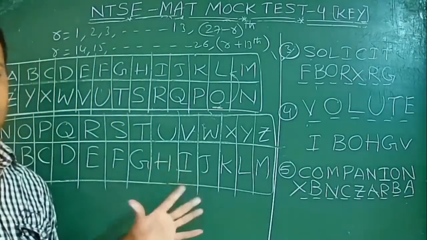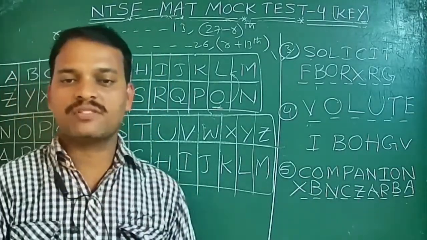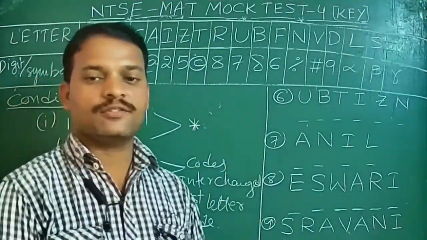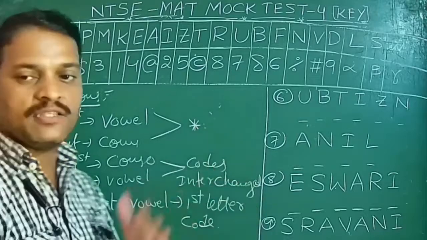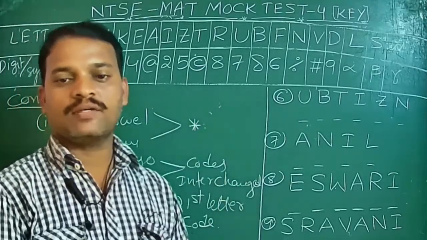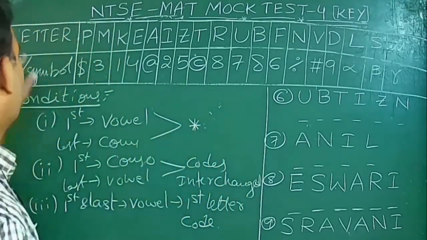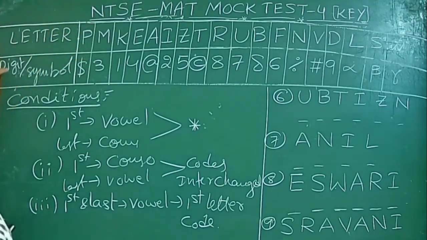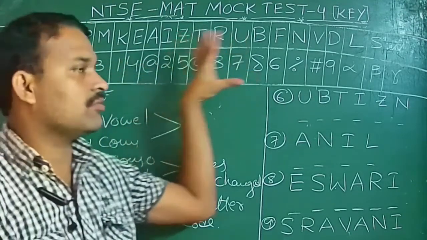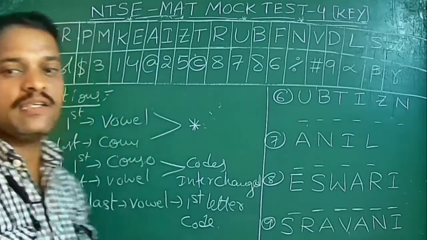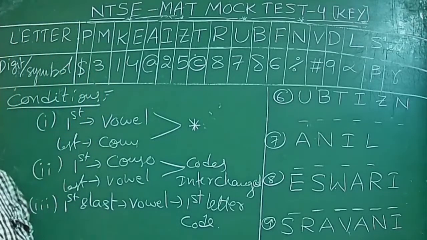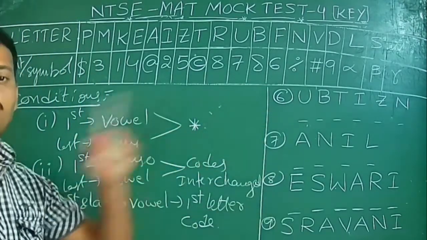Okay. So this is about 3 to 5 questions. Next I am going to explain the 6th question. See this model. So the 6th to 9th questions are one model. Okay. So once see the paragraph. So letters are given, the digits or symbols are given in particular columns. So based on that, some conditions are given. Based on the conditions, you have to solve that.